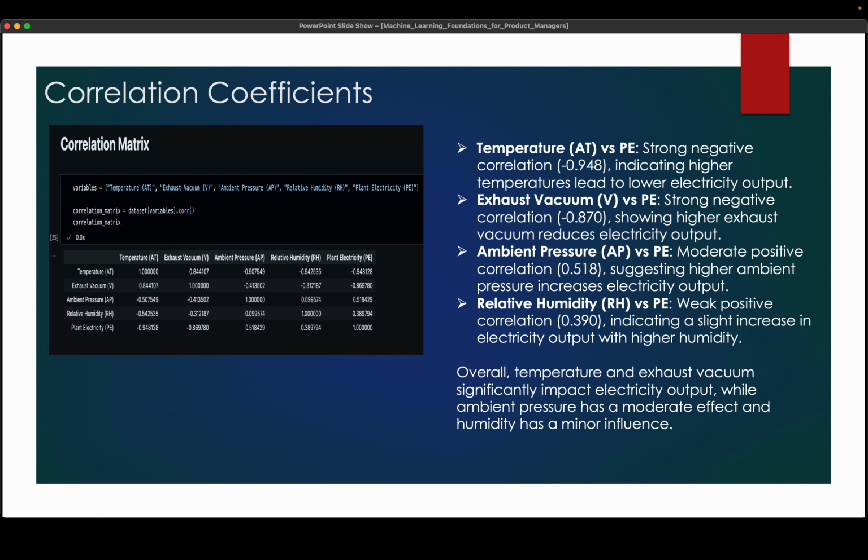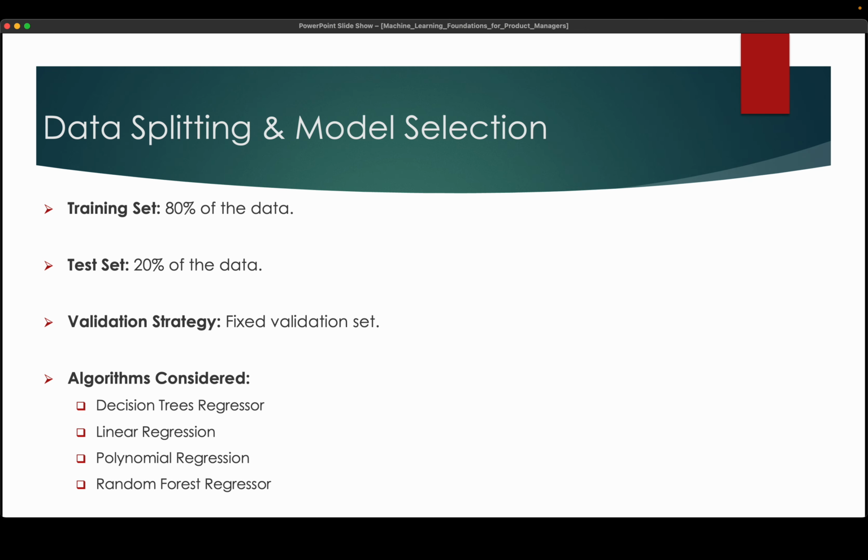Overall, I can conclude that temperature and exhaust vacuum significantly impact electrical output, while ambient pressure has a moderate effect and humidity has a minor influence. Now I'll come to the data split and model selection. I'm using an 80-20 test split, and the validation strategy is fixed validation sets. The algorithms I considered are decision tree regressor, linear regression, polynomial regression, and